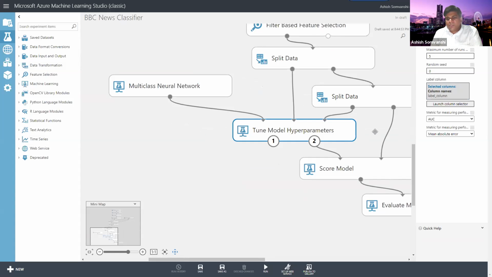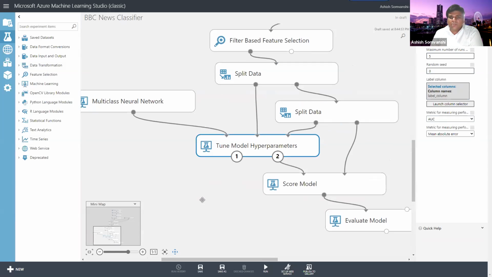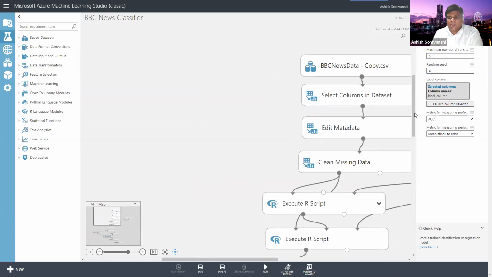Otherwise, what we could have done is split the data and use some kind of machine learning algorithm here, with nothing to tune, nothing to worry about, what kind of networks they are, or how many runs we want to go through. So this is how it changes. In fact, if we run this particular